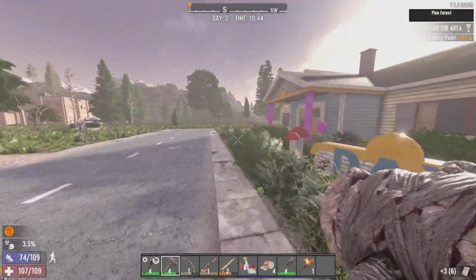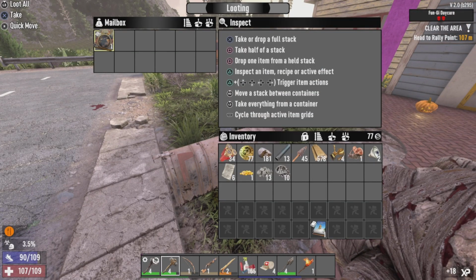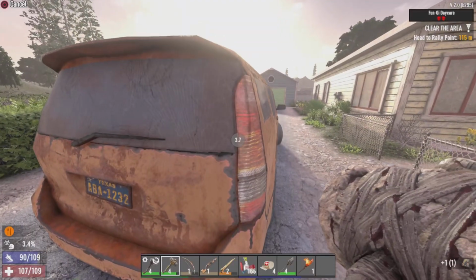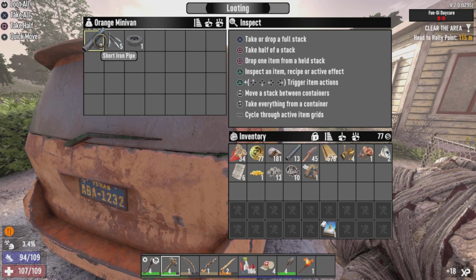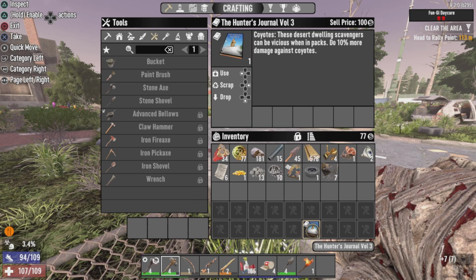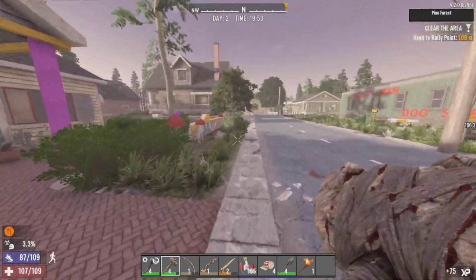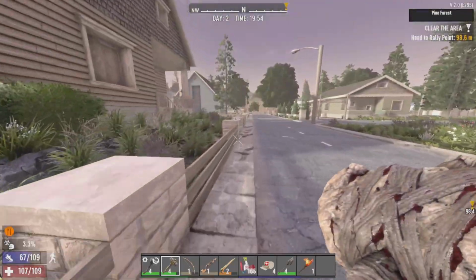Yeah, if I could find another Sledge Saga book, that would be great. Oh, and yeah, I find a Sledge Saga book, but I literally find a duplicate. What are the odds of that? Also, I did find in a mailbox by one of the businesses the Hunter's Journal Volume 3, 10% more damage against coyotes. That'll be useful for the desert, but we're a fair ways off the desert, so...